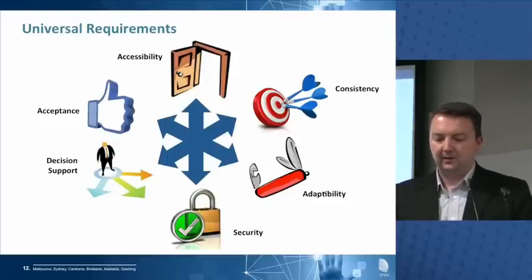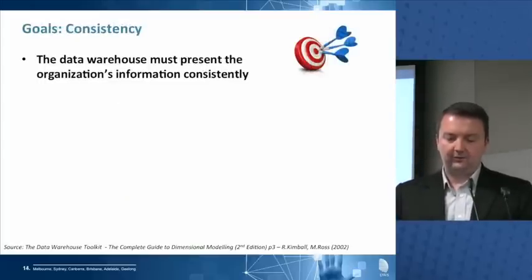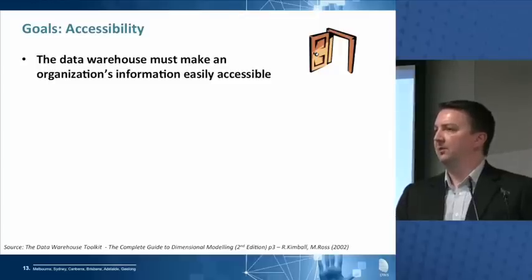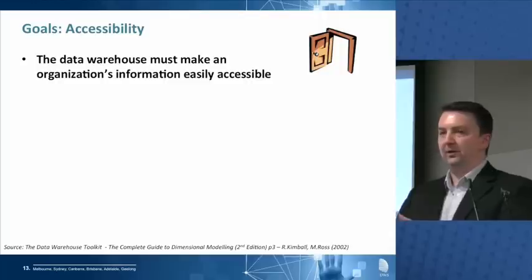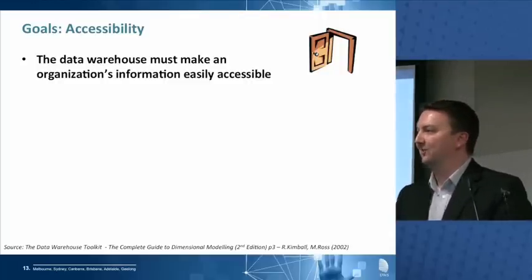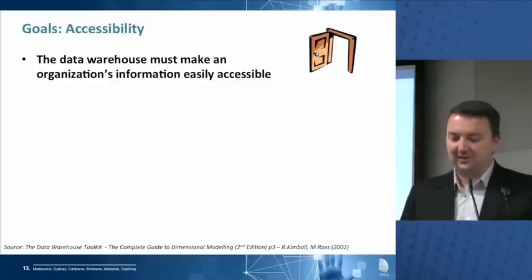Accessibility is the big one. This covers a lot of ground. You might think accessibility is just getting the data to the user, but the Luddite Corporation got their data to the user by putting the filing cabinet in a public place in the office. Everyone could get to it. So clearly accessibility is not all it's cracked up to be.